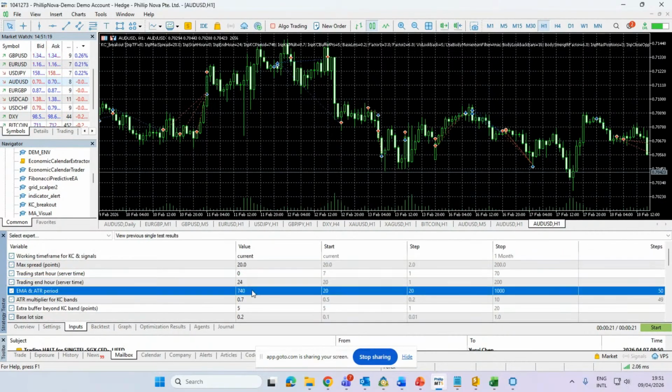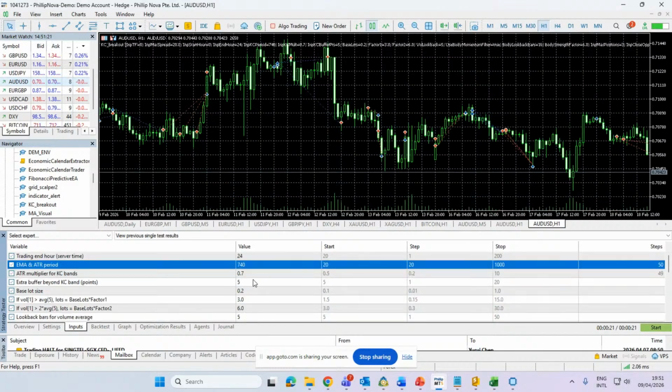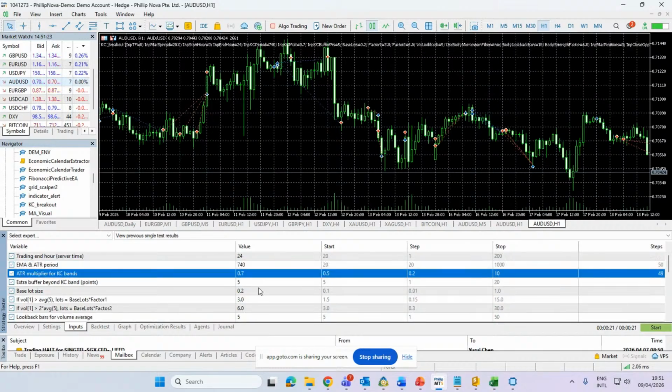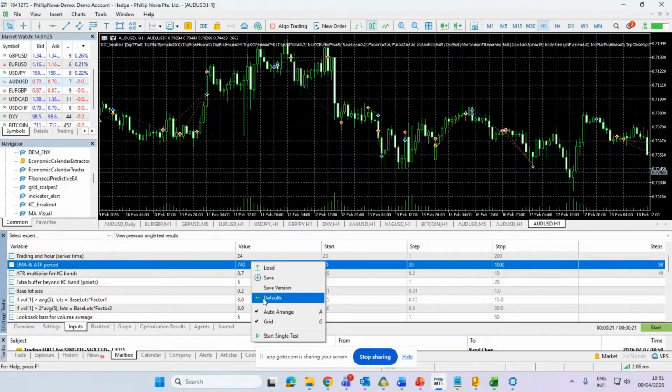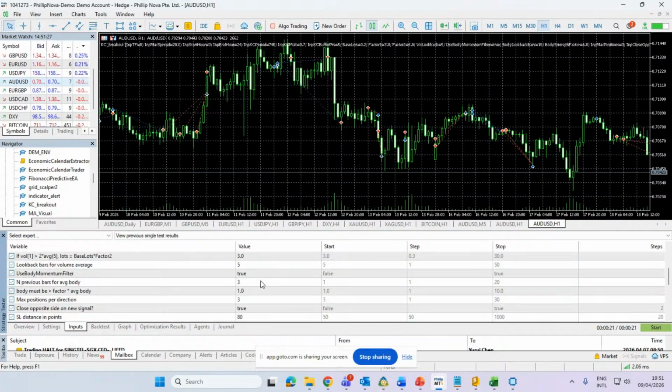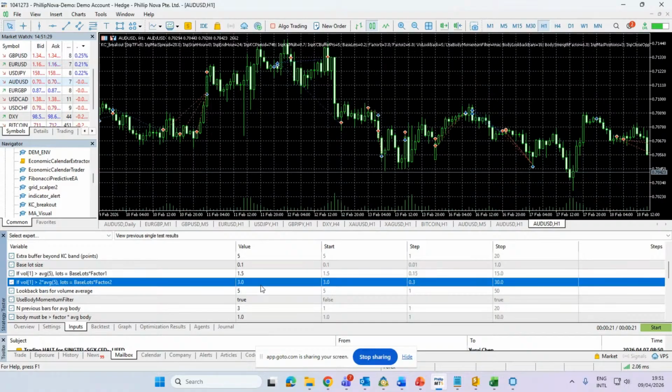And when you are doing your own backtesting for your own EA, make sure whether the default, because every EA has a default setting, whether this default setting